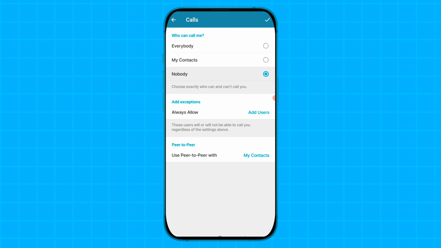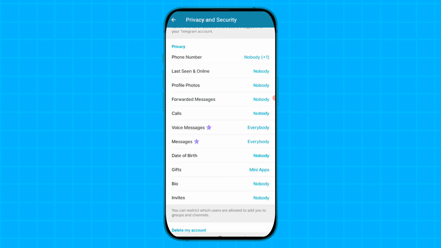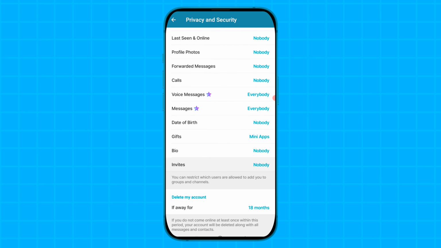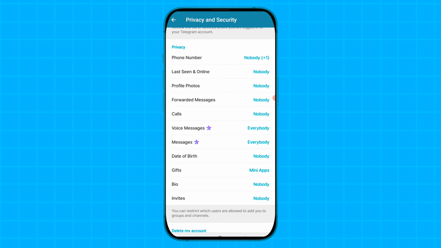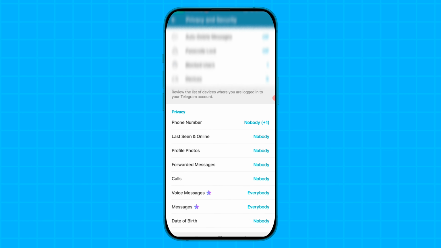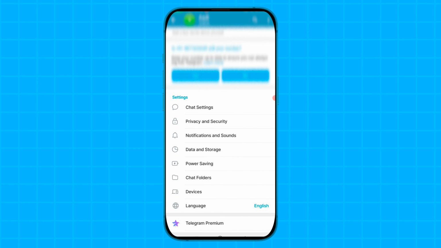Select nobody and then tap on the tick option, and here you will get to see option of date of birth, gift, bio, invite. You can, friends, select according to your privacy requirements. You can select nobody, contact, or everybody according to your requirement, and then back this page,